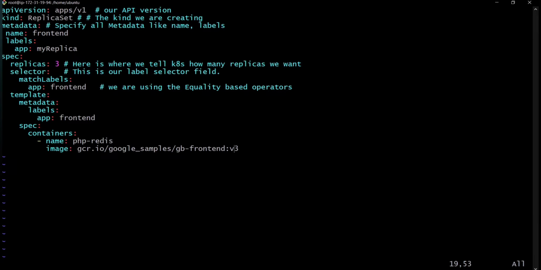So here we can understand the API version, the kind is ReplicaSet, and metadata contains the information about the replica set. In the specification we have defined 3 replicas that we require, and template contains the information about the pod and containers. This selector is generally used to manage the pods with the help of this label. The label is app frontend. So when we execute this manifest file, 3 pods will be created. Replicas is there, so let's create this file.